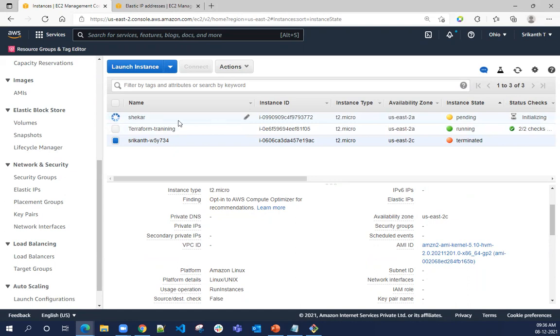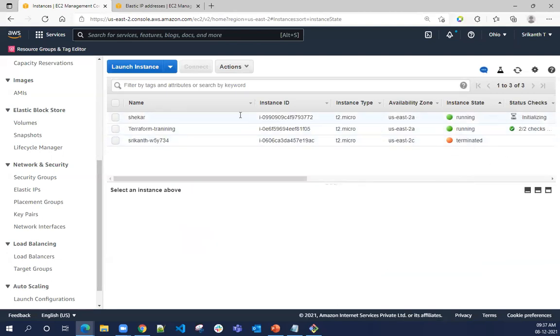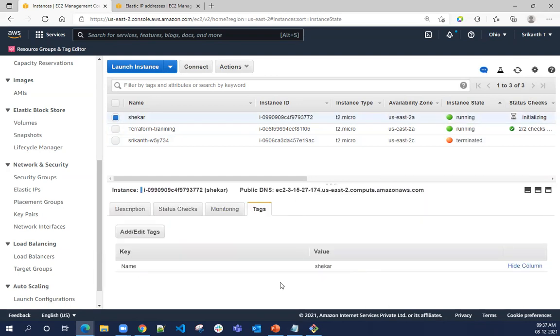See, if you see this new EC2 instance, it's created with the name which we put in the script, Shaker, and previously it was this one, which is terminated, and this one is in progress for creation. Check the tags for Shaker, bro. Yes, you can see it is on. It's back to the same state. That happened with respect to the